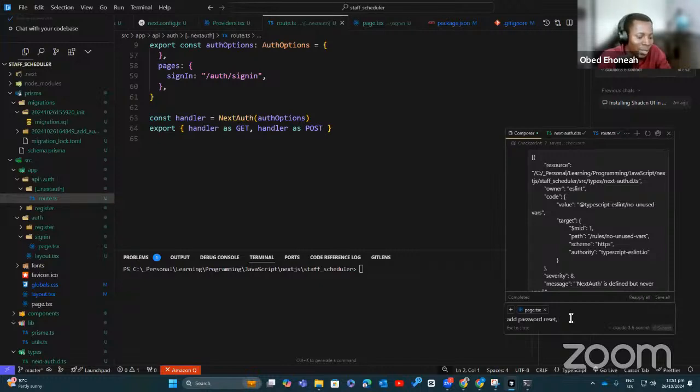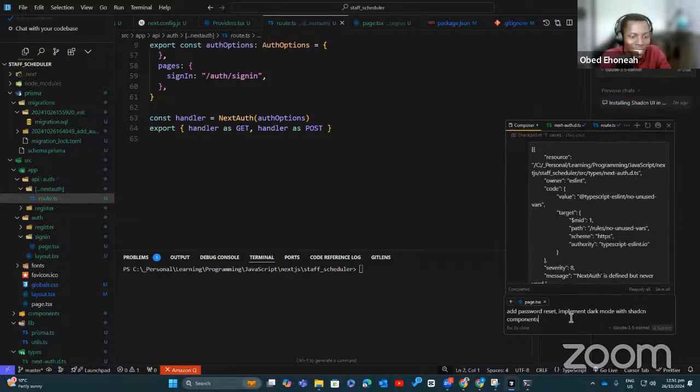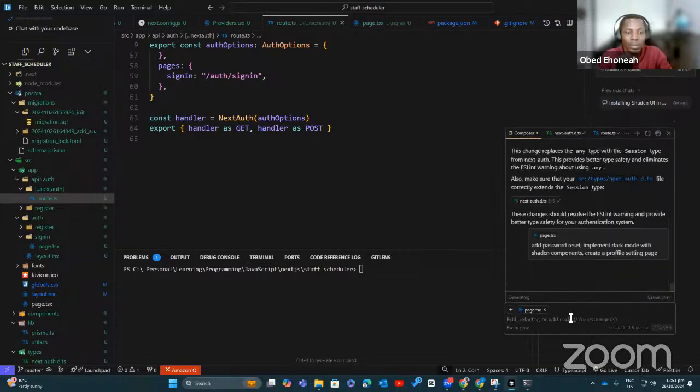Then implement dark mode with shadcn components. And what else will I want? Create a profile settings page. Let's see what it comes up with.